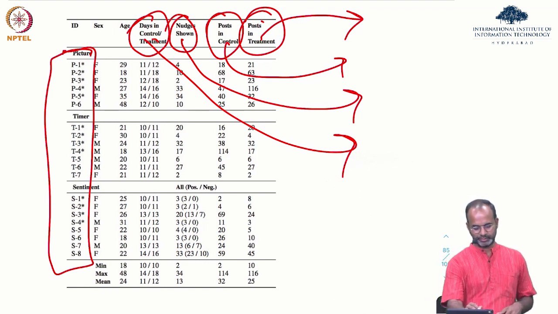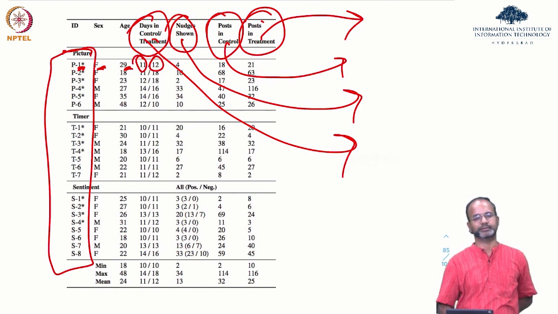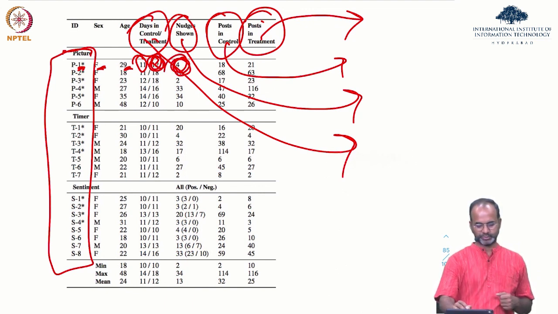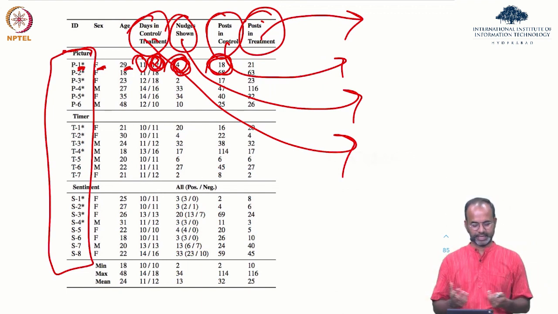Right? So if you look at participant 1, female, 29 years, 11 days in the control and 12 days in the treatment. Number of nudges shown within these 12 days of treatment, 4 nudges were shown to the user. Number of posts the user was trying to make, 8 posts in the control time, which is the 11 days, and 21 in the treatment. Right? So you can see how users